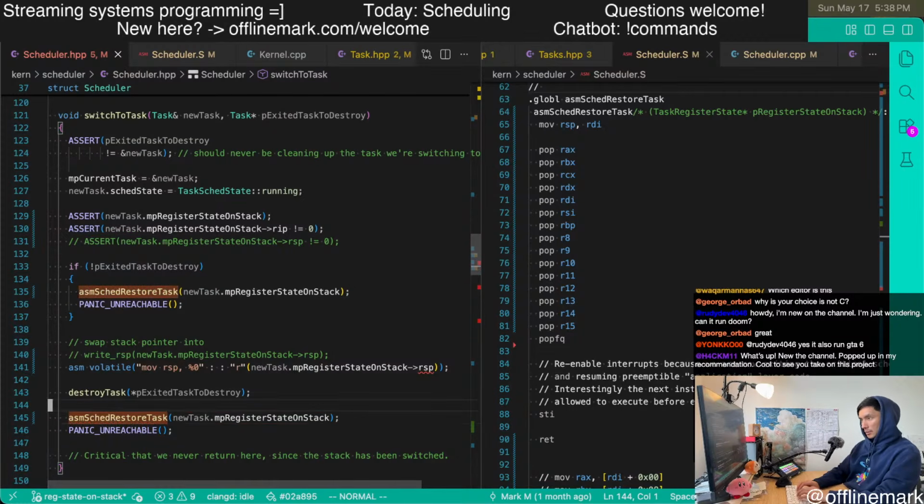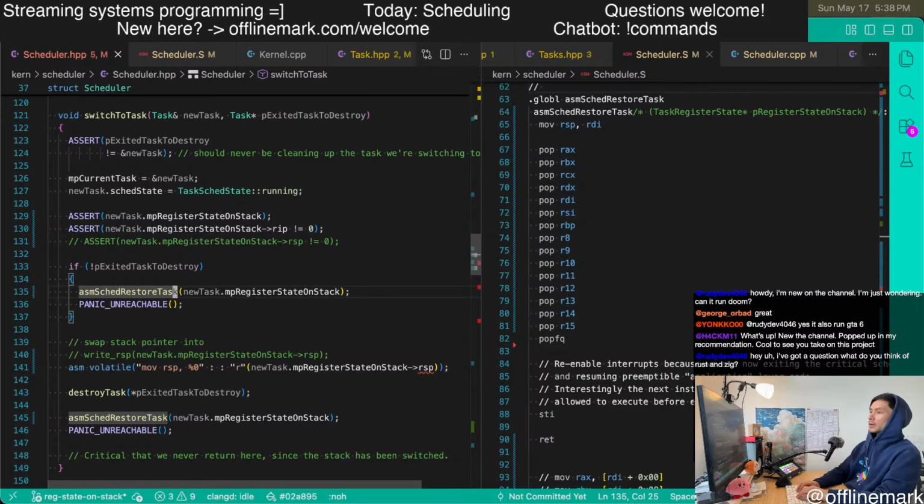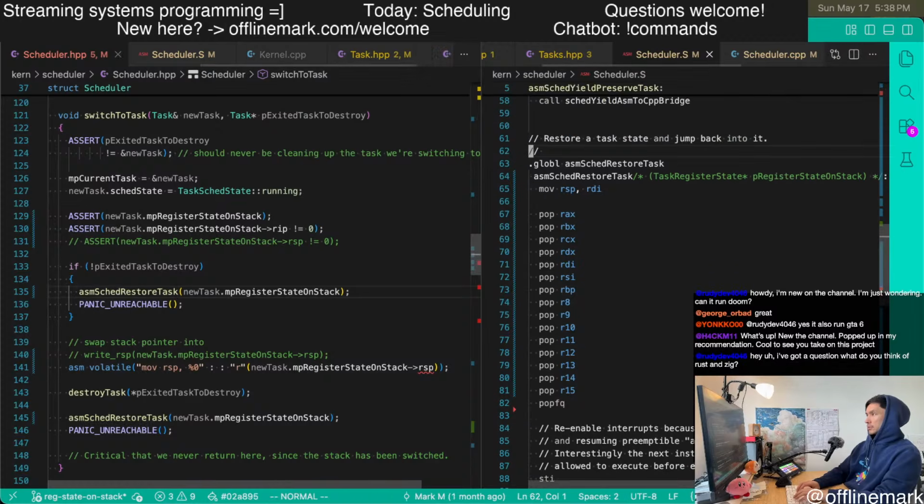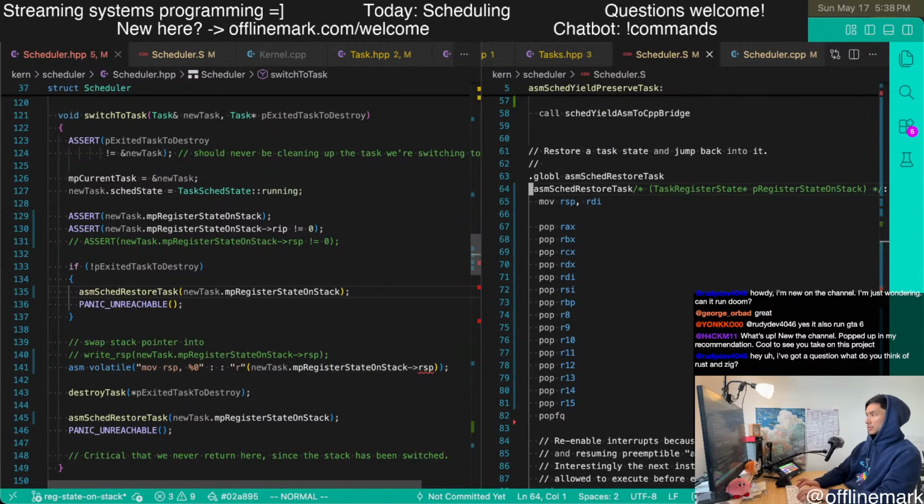We're passing in the pointer to the register state on the stack into this thing, and it's going to completely take over from this point.